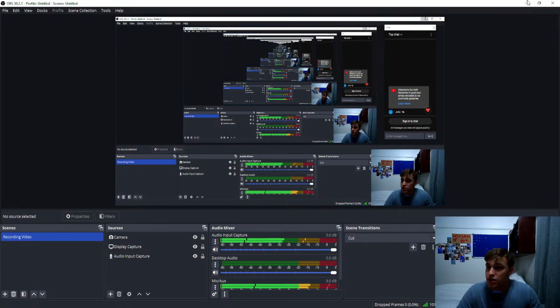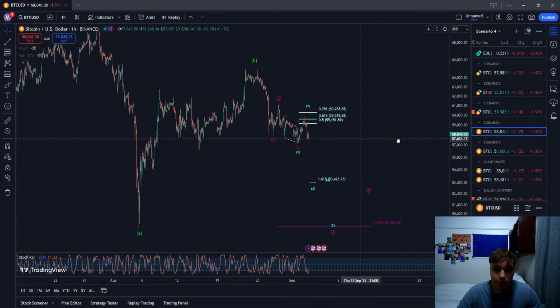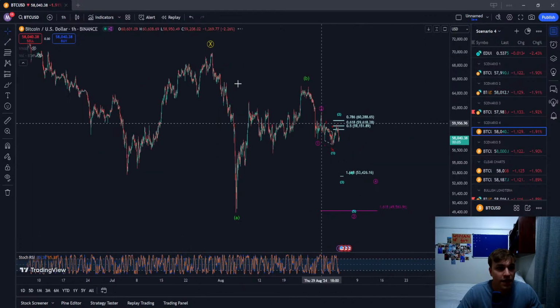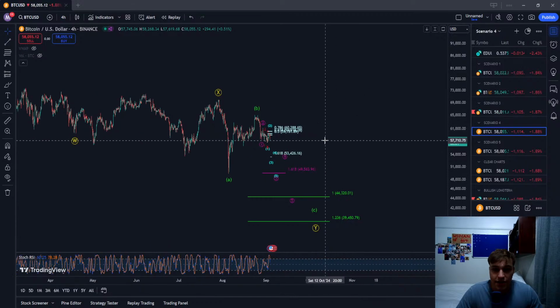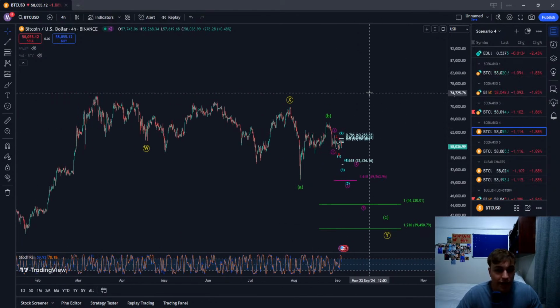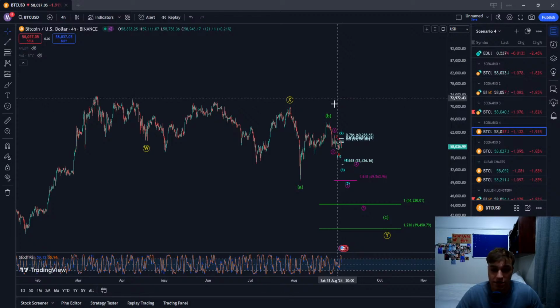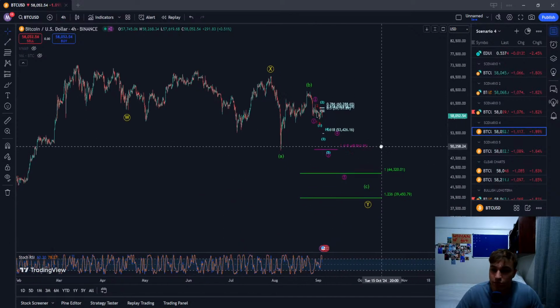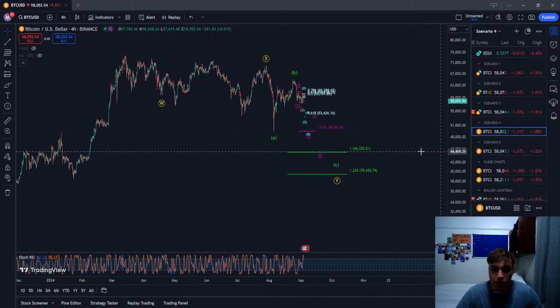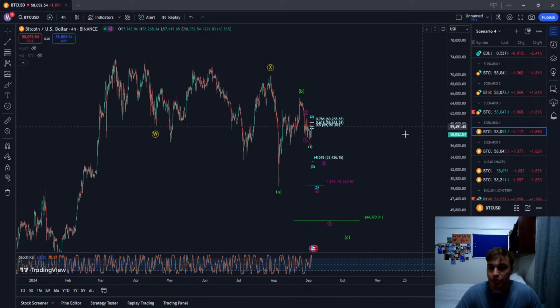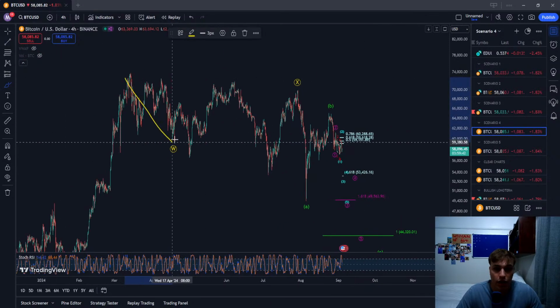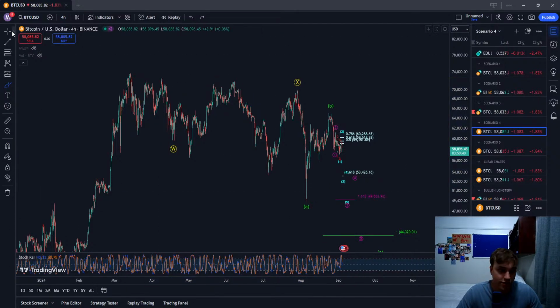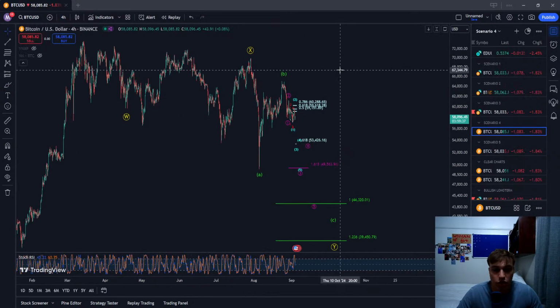Cool. So I'm gonna get started on some Elliott Wave analysis for you guys. At the moment we are having quite a nice move to the downside. In our Discord we had a nice 15-minute call, or trade possibility per se. But yeah, we are still looking positive. On the 4-hourly time frame, our main scenario is a WXY with a Y unfinished. Now this WXY is quite a complex structure.